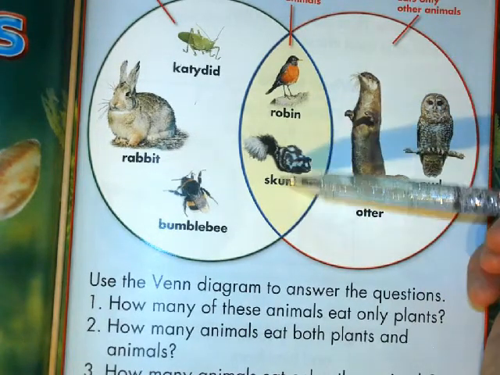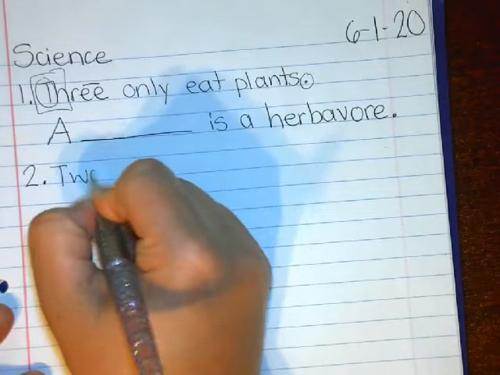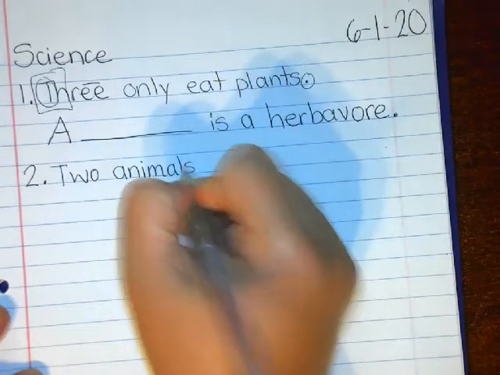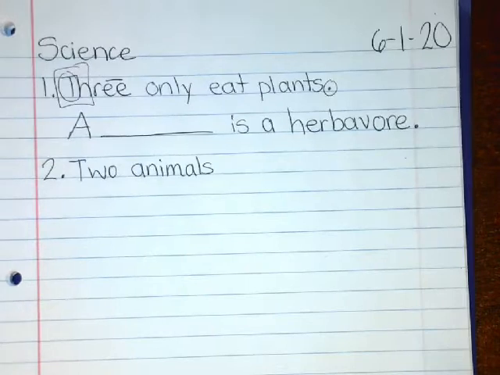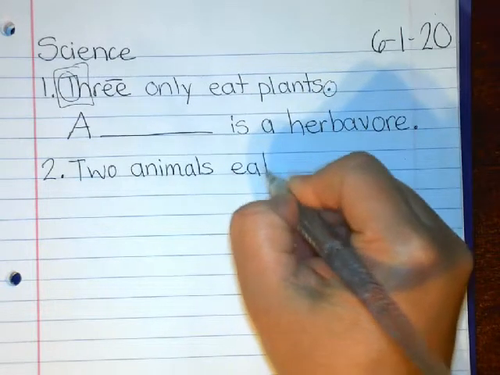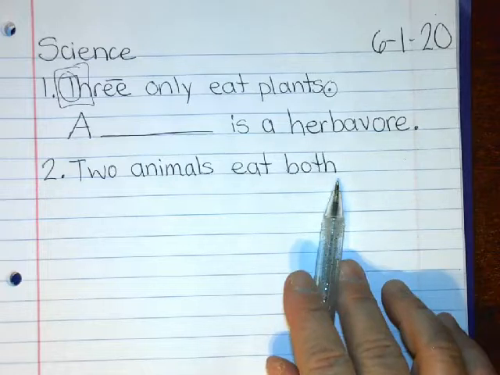So 2 animals eat both plants and animals. 2 animals eat both. I'm just going to stop there